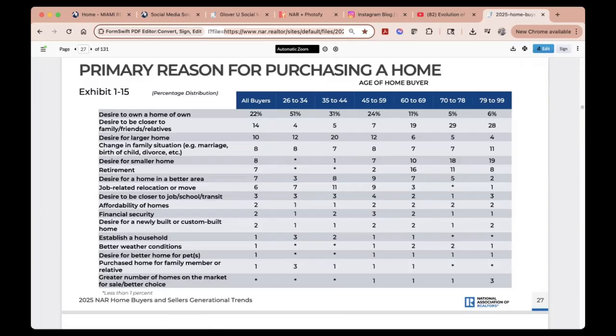If you delve further in, it'll give more and more detail. But here, the desire to own a home, the desire to be closer to family and friends, desire for a larger home, change in family situation, desire for a smaller home, retirement, desire for a home in a better area, job-related relocation, desire to be closer to job, school, or transit, the affordability, financial security, desire for a newly built or custom home,